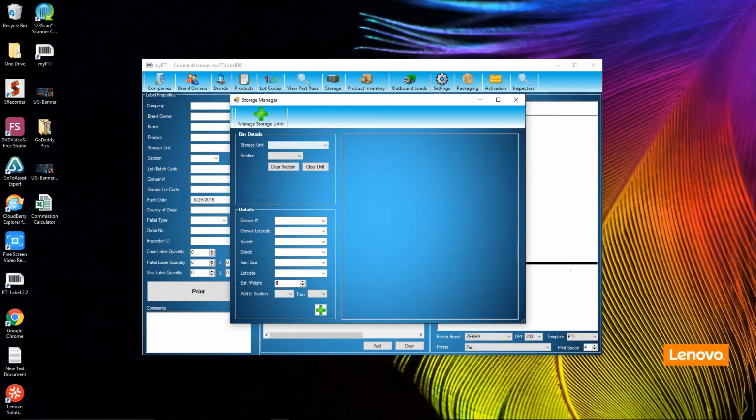Now here, I might go ahead and change this instead of storage to raw product. We'll have to see how you guys want it, but basically this would kind of be your raw product in storage and where it came from. So as far as the storage unit,